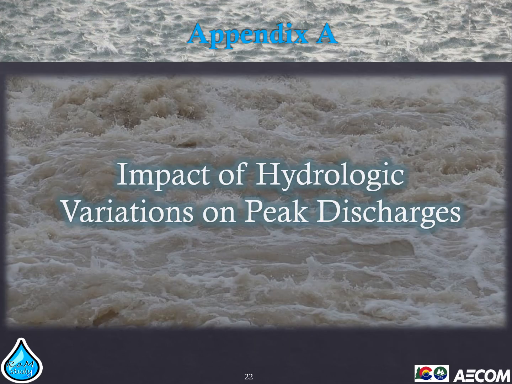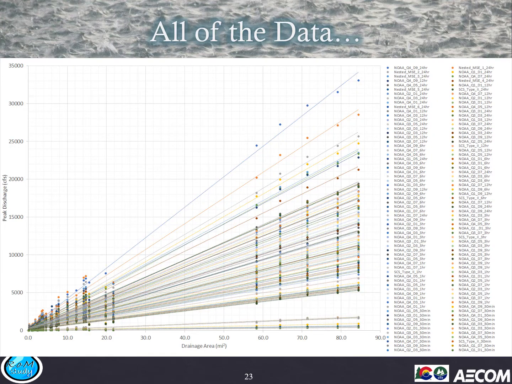Now the remainder of the presentation, all the slides are going to be scatter plots that are showing peak discharges from all 47 connections in the model to illustrate the influence of variations by drainage area. This first graphic shows all of the data, and it's meant to be incredibly busy. It shows all of the distribution types and durations. It doesn't show any of the changes in CN or depth though, but the only observation I wanted to make